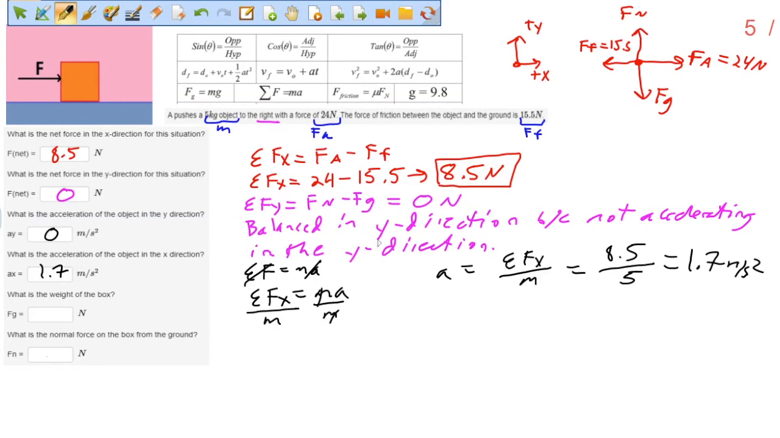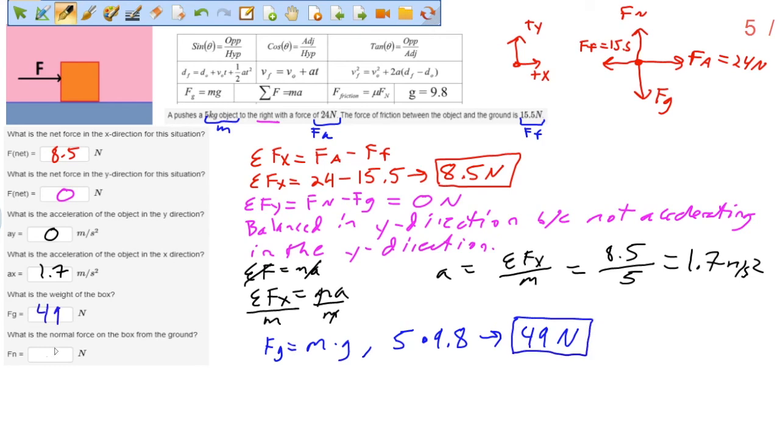Next, we want to figure out what the weight of the box is. Well, the weight of the box is just equal to the mass times gravity. In this case, the mass of the box is 5 kilograms. It gives us that answer in the problem, times gravity. Gravity is 9.8 because we're on Earth. So all we have to do is multiply these two together, and we find out that the weight should be 49 newtons. Our last part asks us to find out what is the normal force on the box